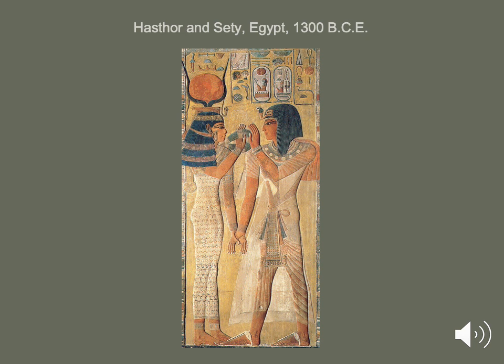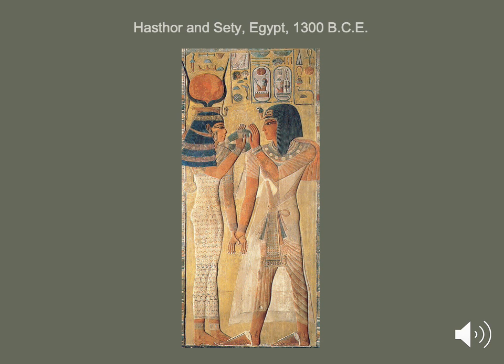Sometimes when we look at an artwork, it can look very representational at first glance. But then when we take a closer look at it, we start to notice that it has some abstract qualities. And sometimes cultures will do this kind of across the board in their artwork. This is an Egyptian piece from 1300 BCE called Hathor and Seti. And in it, we see two Egyptian figures. You probably are familiar with Egyptian art, and you probably can identify this as Egyptian art right away because of the way the figures are standing, because of their clothing, because of the hieroglyphs. And you probably, when you first look at this, think, oh yeah, that's representational.